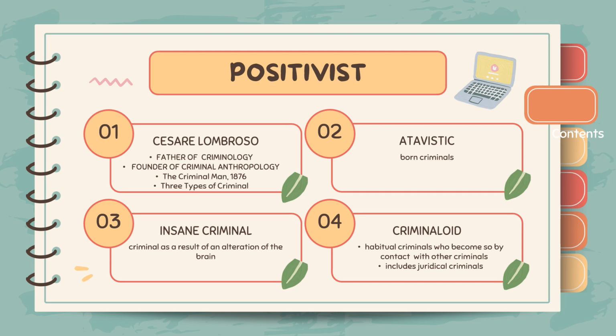Criminaloid, these are habitual criminals who become so by contact with other criminals. And this also includes juridical criminals. So criminaloids include those criminals who are hot-headed persons, or those impulsive persons who commit violent acts when provoked. Then we have,